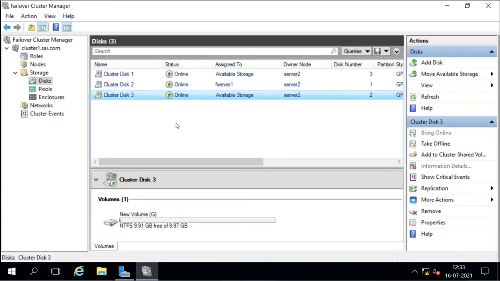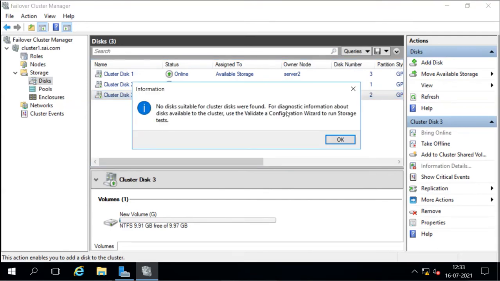Server 2 and server 3 is connected. Then I came to this Hyper-V cluster, this failover cluster manager, and I say add the disk. I click on add the disk. Now when you select this, it will scan for the disk. It will check whether any shared disk is connected to the storage, to the server or not. If the shared disk is connected to both the servers, then it will show you here that there is a disk which is available, and it can be added into the cluster.